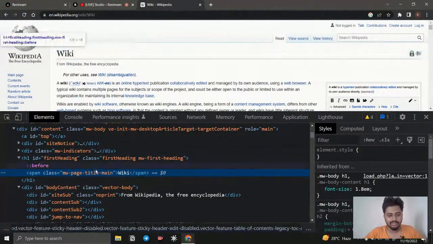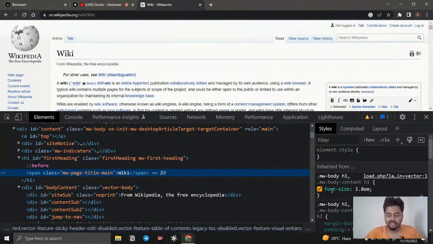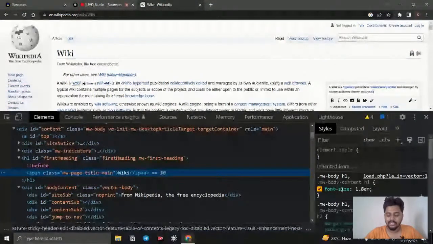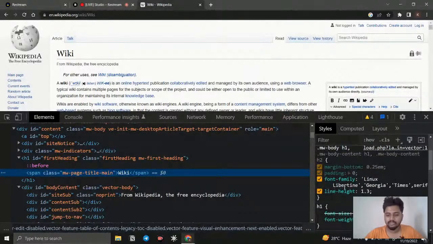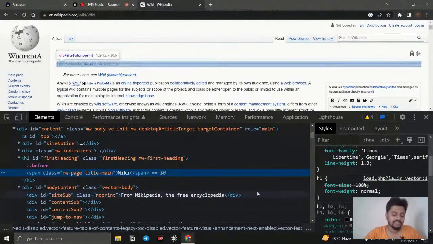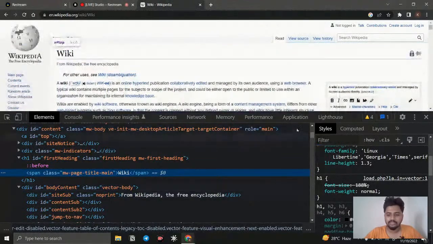And the same, what is the styling that they applied for it, we can see that, right? So the font styling, what font size they have added, is going to be 1.8 em. They used the em property, and you can see font family is going to be Linux. Sorry, they have used, right? And they use the line property, and so many things they have declared, right? So this is how this entire HTML and CSS work, right?